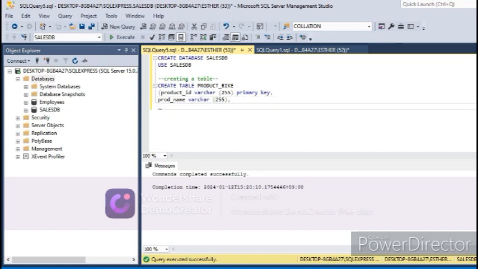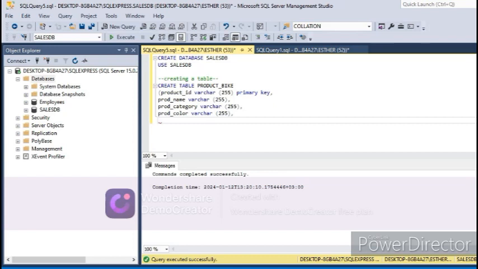We go comma, then our third column, which will be product category, which is varchar 255, comma, we go to the other, which will be product color, varchar 255,